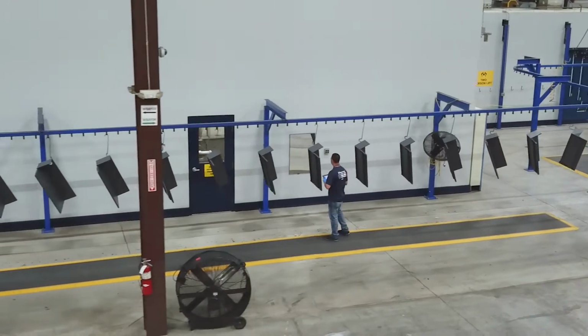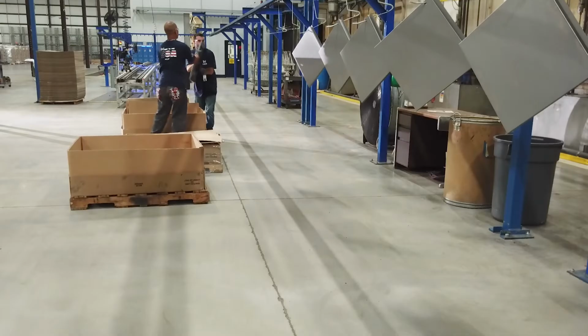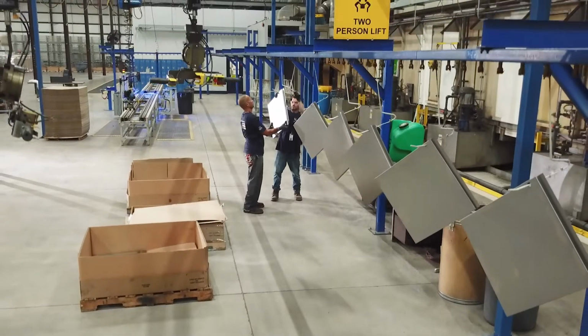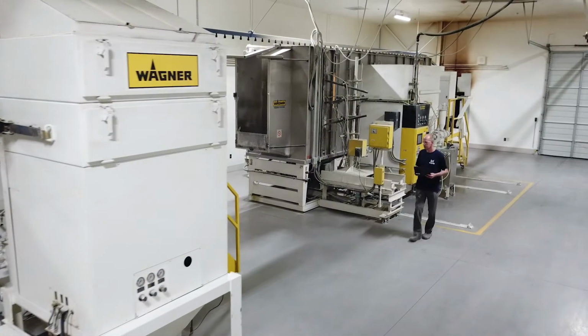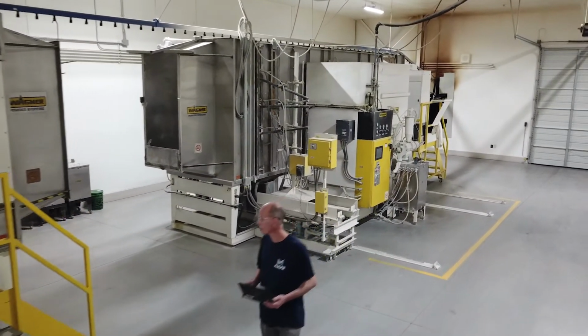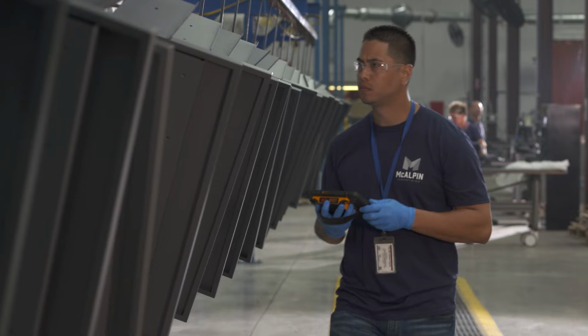One of McAlpin Industries' newest capabilities is high-volume powder coat painting. We have our brand new facility in Walworth, New York. The line includes full automation in the cleaning and pre-treatment process. It also includes 2 automated paint booths so we can change from one color to the next seamlessly. It's just another form of a finish that we can do besides plating. We have implemented things like tablets on the floor for the operators, so everything that they need is right there